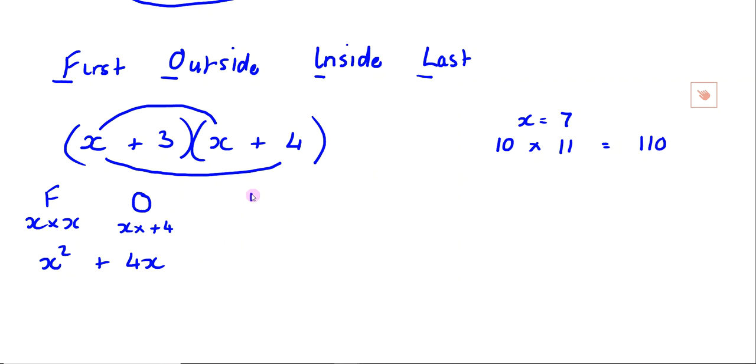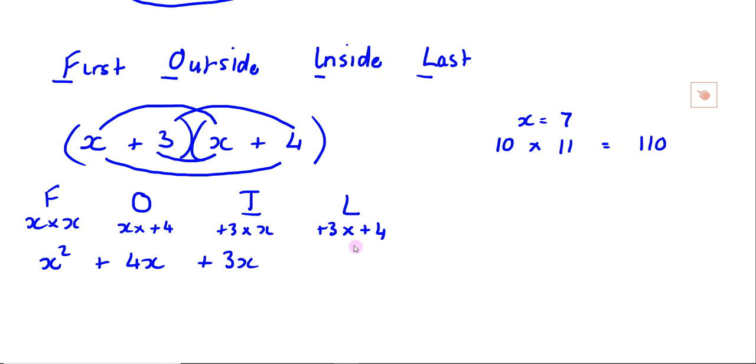We do the inside, so positive 3 times x, so positive 3x, and then we do the lasts, so positive 3 times positive 4 gives me positive 12. And then because of what you've been doing before, we collect like terms, these ones in the middle, and we end up with x squared